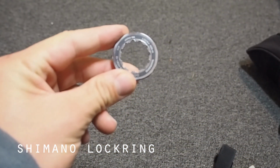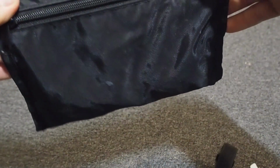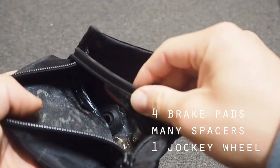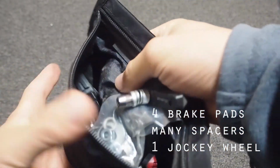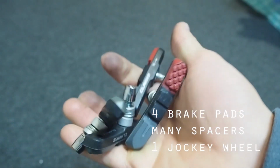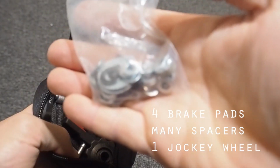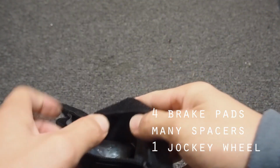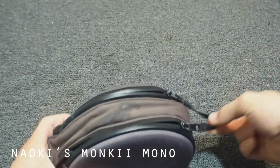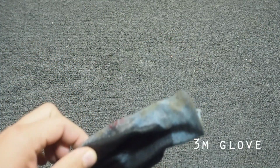Oh yeah, please. Here in this small pouch that we use for the pannier, we have four brake pads from Clark's, a couple of spacers, some fastener tie. That's all. On the next one we have the monkey mono, and the first object is the 3M glove that